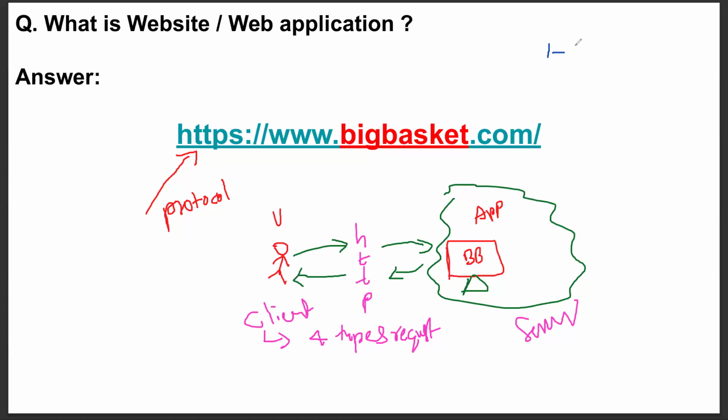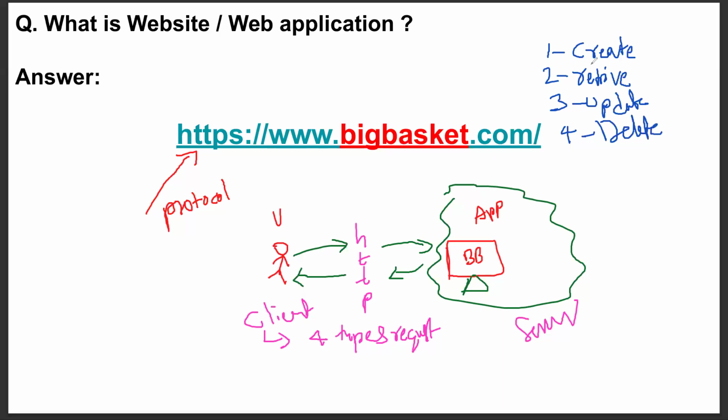The first use case, guys: in Big Basket, today you can create an account. And definitely tomorrow you can retrieve your details. If you create an account today, you can retrieve your account details, and if you add some product, you can get the product details back. That is retrieving your information. The third one is you can update your account details also. And the fourth one is you can delete your account also.